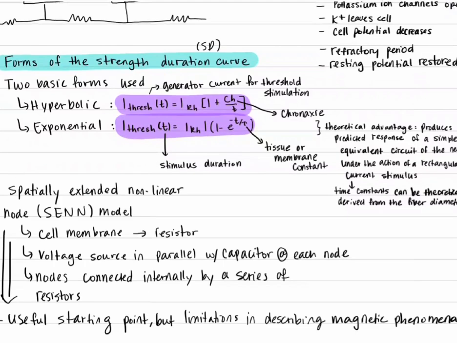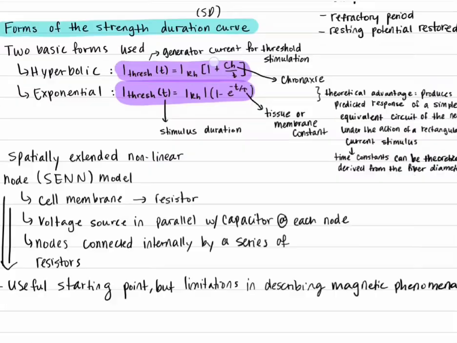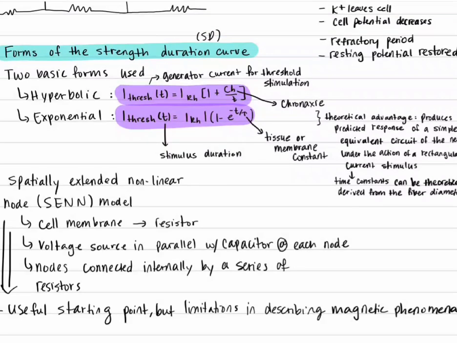So for the SD curve, the mathematical model that we are considering can take two forms. We can look at a hyperbolic model and an exponential model, which you have over here. There are several advantages and disadvantages to both. There's not one that's completely right or wrong, but